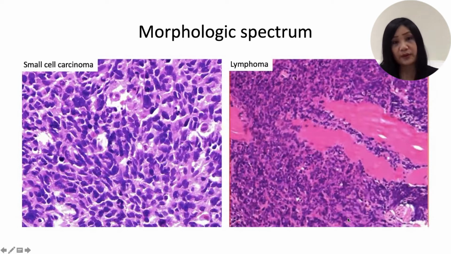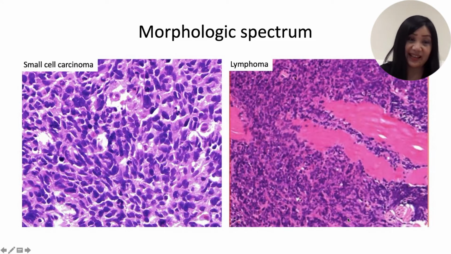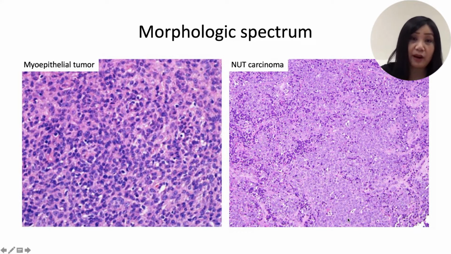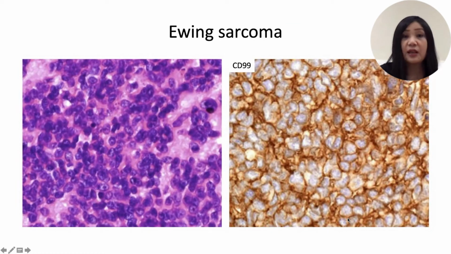And then, of course, we should not forget the more common cancers like small cell carcinoma and various lymphomas. Myoepithelial tumour has a very wide morphologic spectrum and sometimes can manifest as quite a round cell tumour, and NUT carcinoma, being a rare type of carcinoma, can also mimic a round cell tumour. So starting with Ewing sarcoma, Prof has already covered this in